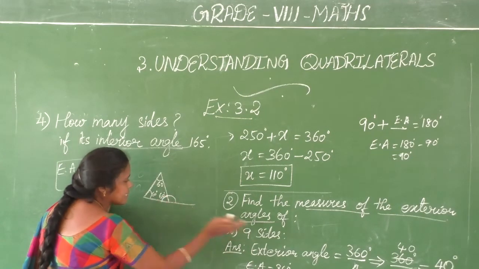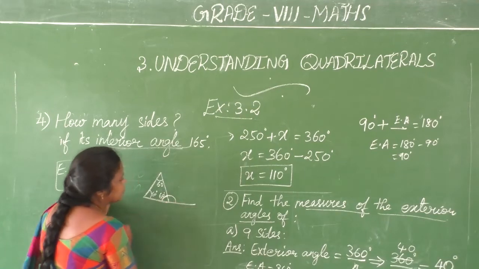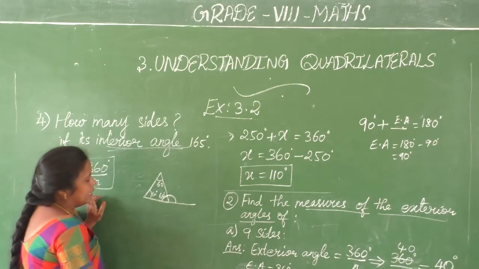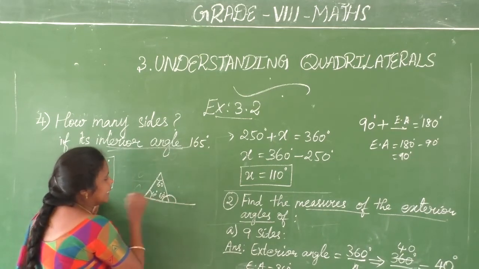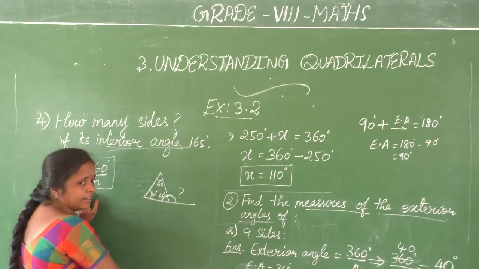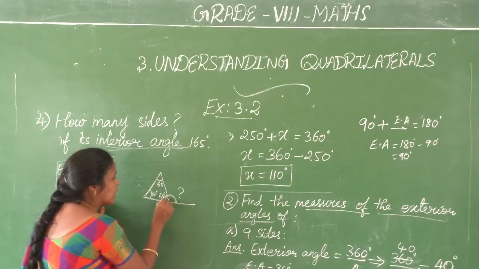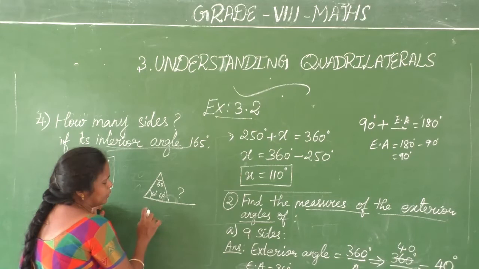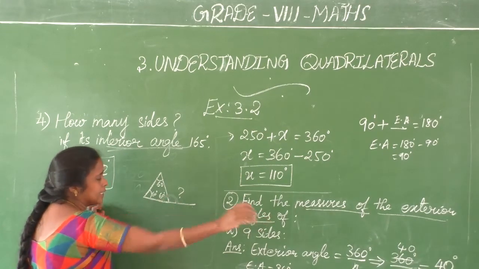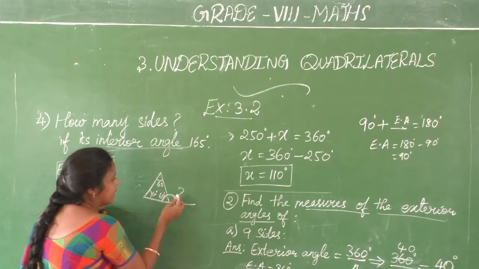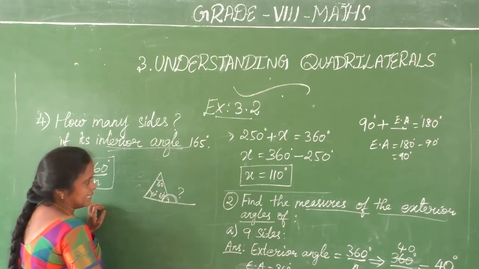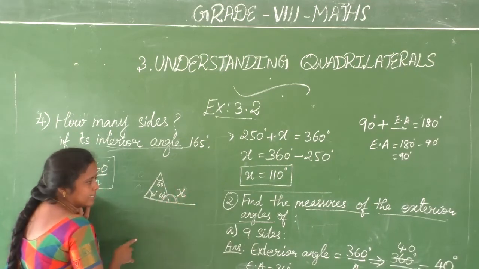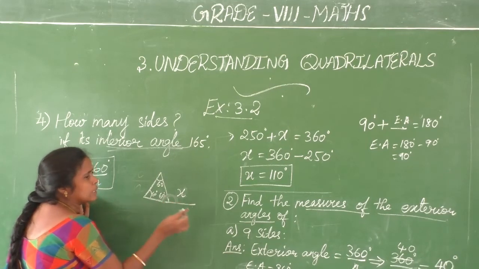See, if we extend this side up to here, we get one angle that is called the exterior angle. Clear? This angle we have seen in the previous class itself. Okay, the interior angle is 60 degrees. That means what is its exterior angle? See, both are connected to each other as adjacent angles. Otherwise, how can we tell? Both form a linear pair, a straight line. Okay, the addition of a linear pair must be 180 degrees only. So using that result, if we consider this as x, then 60 degrees plus x equals 180 degrees. The sum of adjacent angles becomes 180 degrees.